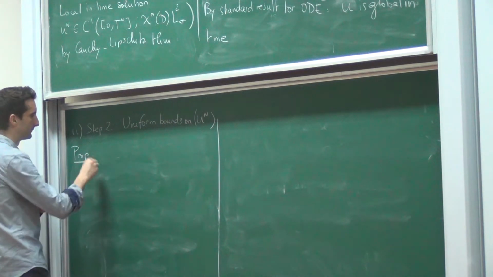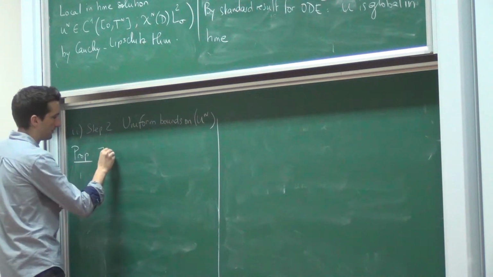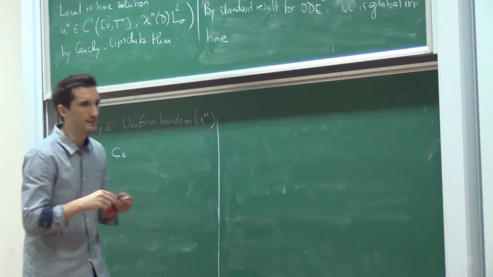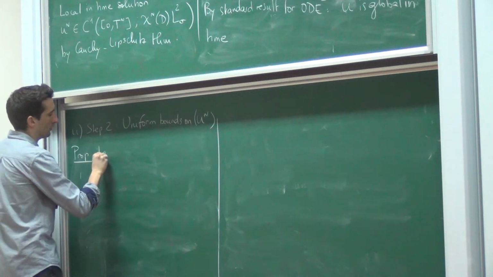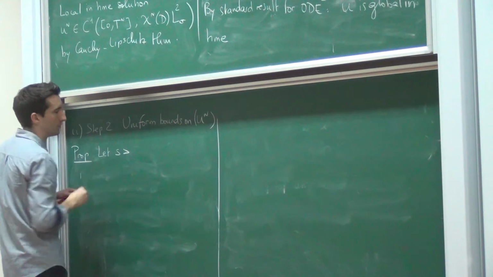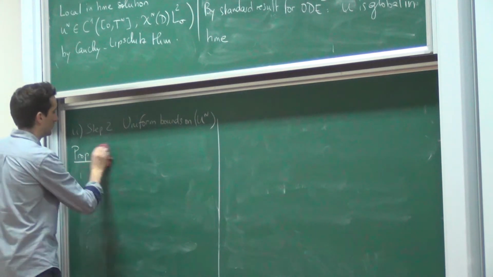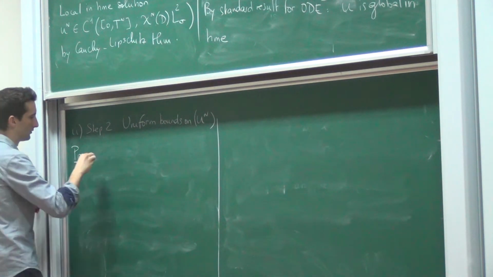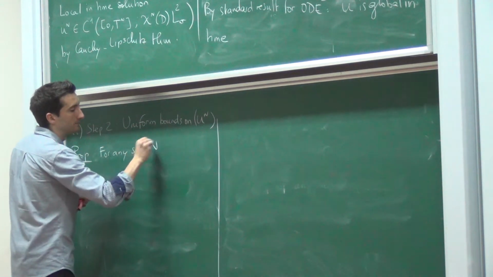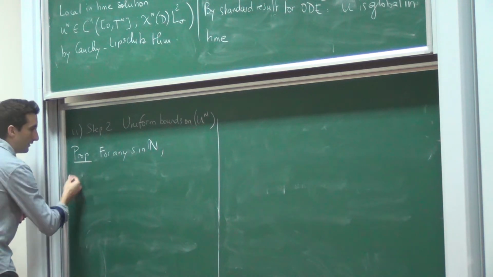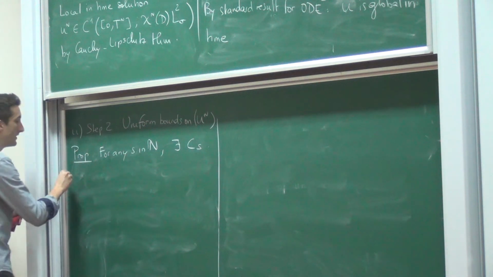You can show that, so S is again needed. So for any S in N, there exists some constant Cs which is independent of